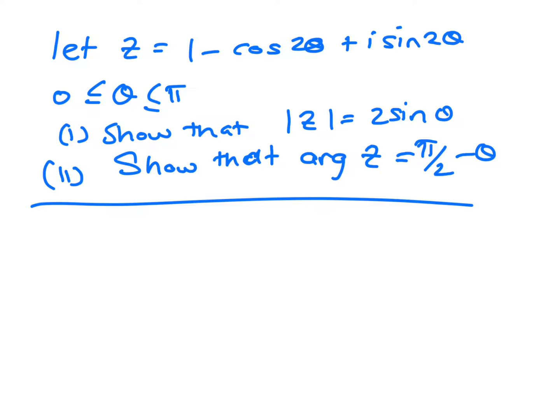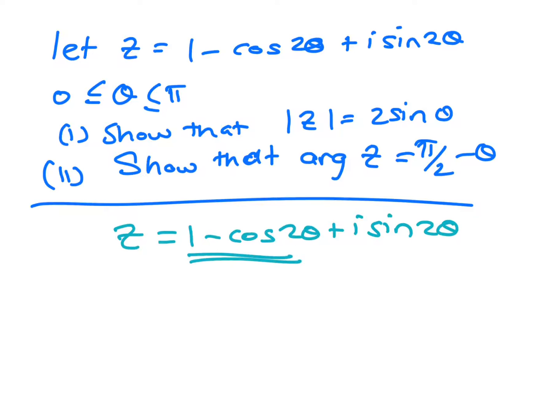Okay, just some complex numbers questions. So if we look at the first part, we've got z equals 1 plus cos 2 theta plus i sine 2 theta. Now, the first thing that I would be doing here is this 1 minus cos 2